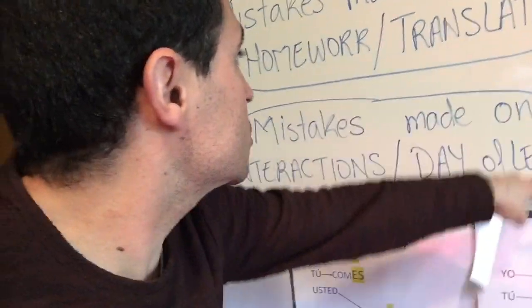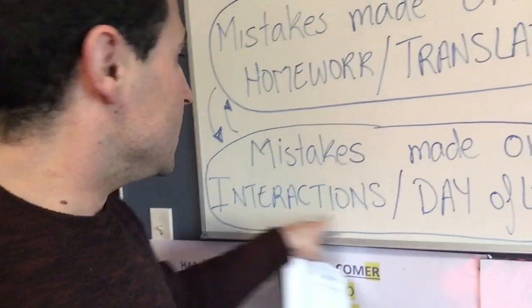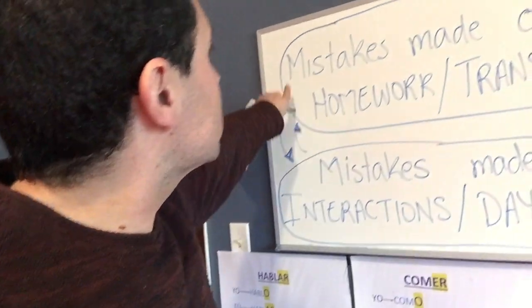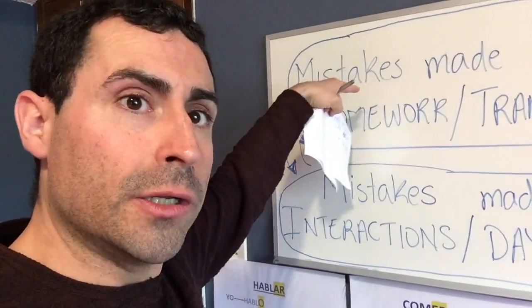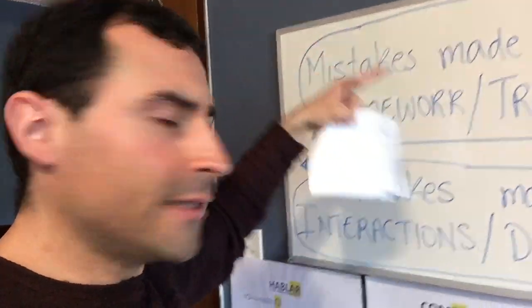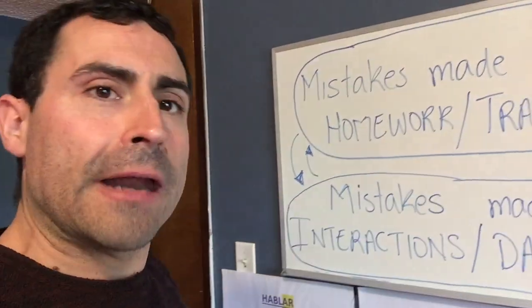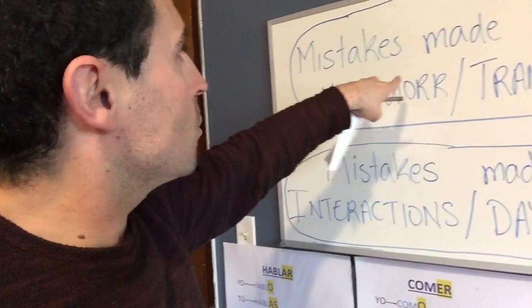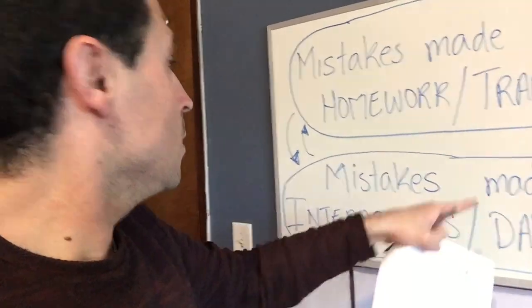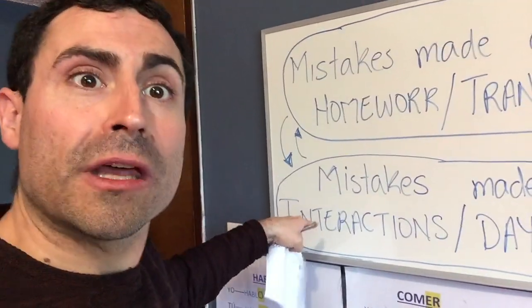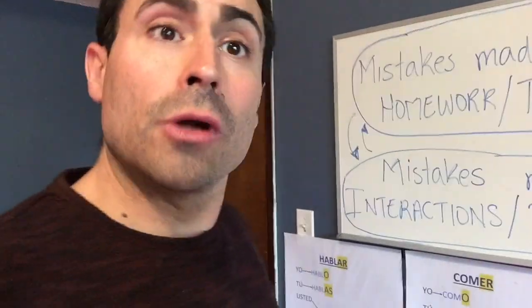Then the mistakes the students make the day of the interactions and the day of the lecture, I take notes and write sentences prepared to teach them those mistakes. So it's totally related to the mistakes they made on the interactions. This works like another circle. We work on the mistakes made on the homeworks the day of the lecture, and a few mistakes that they are making on the interactions that I know need to be addressed. I put them on the homework, and that way we work, and through repetition,